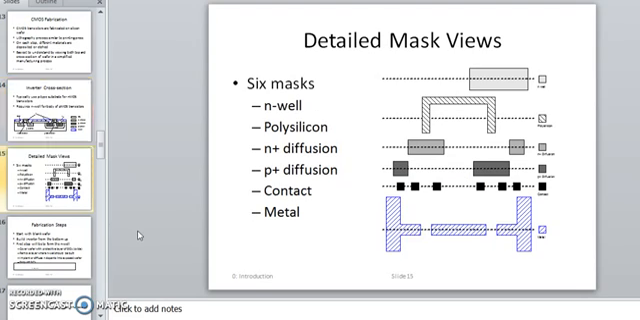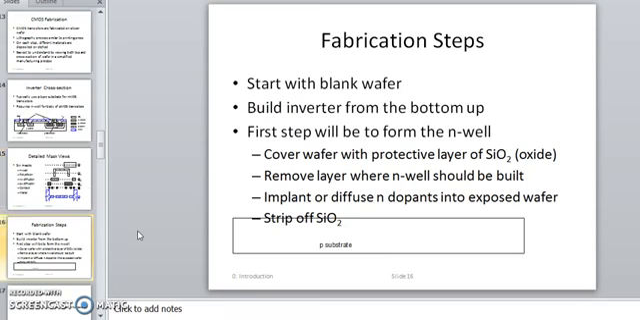Next, there are different mask layers available. In total, 6 layers are there. First one is N well, next is polysilicon, then N plus diffusion, P plus diffusion, contact, and metal. These 6 mask layers are used for the layer structure of the PMOS and NMOS. The first step is